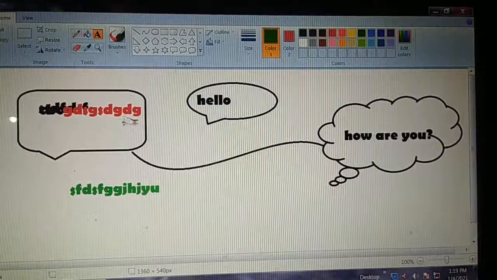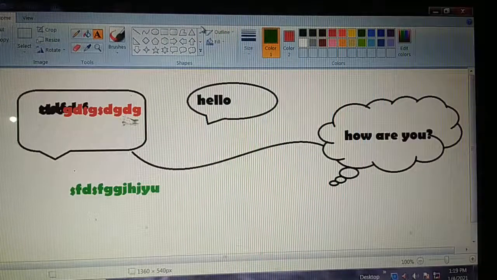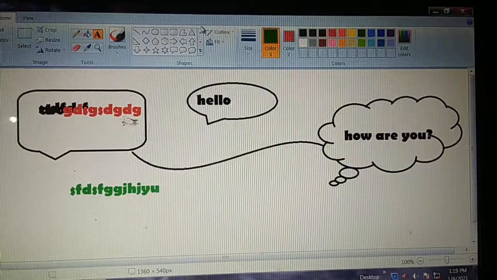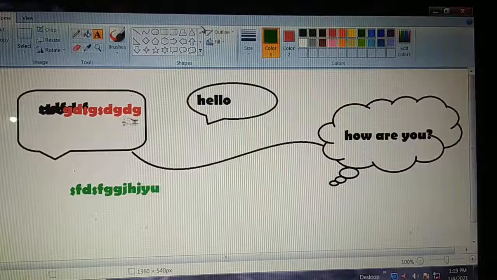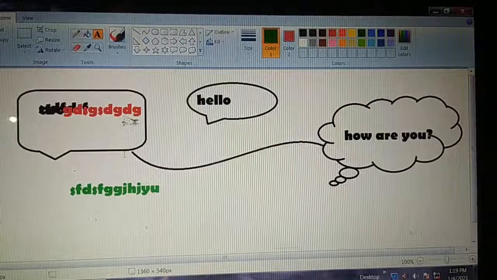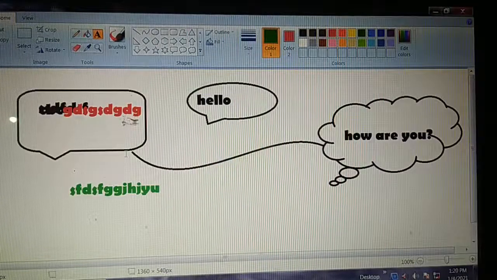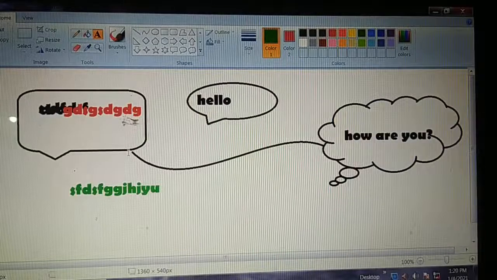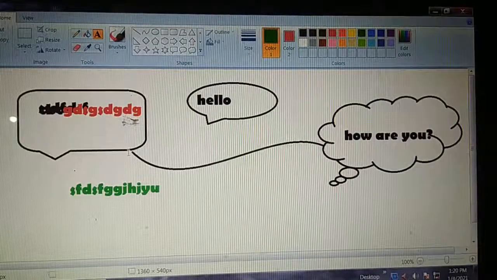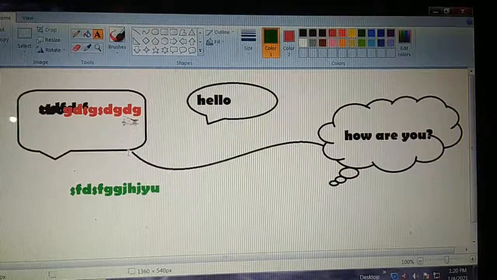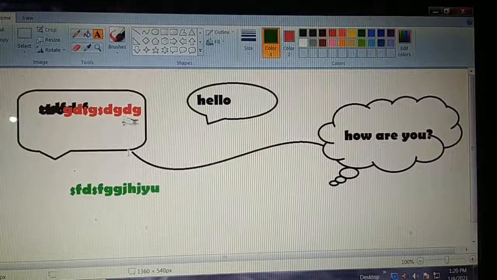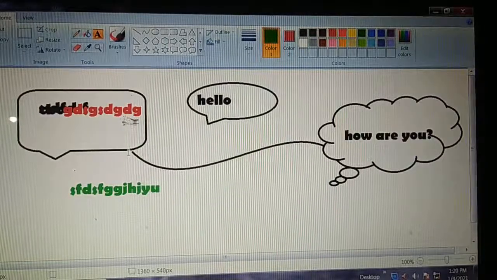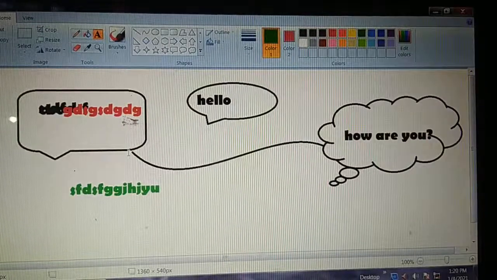Now you see the text tab has come. Automatically it comes when you select text. I hope you understood now how to draw callouts. Quite simple. You have to drag your mouse. You know how to drag the mouse. If you know how to drag the mouse, you can do drawing very easily on the computer.